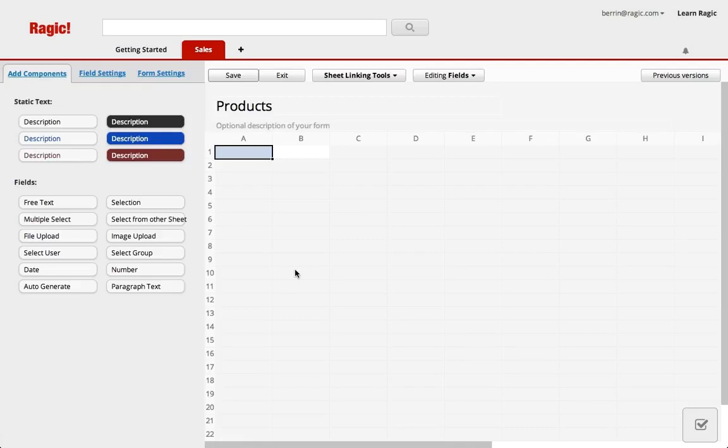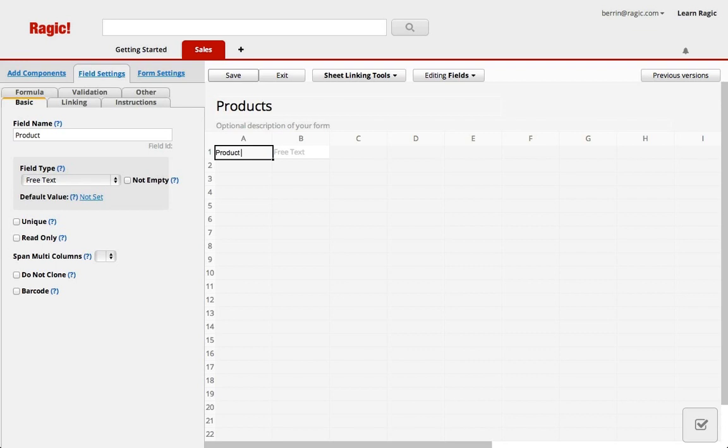In our previous tutorial, I mentioned that the fields in our form page are the detailed version of our entries. So now we are going to add the fields for this detailed information. My first field is going to be the product ID, since it's good practice to have an identifying field for entries in a database.